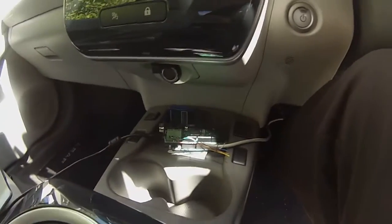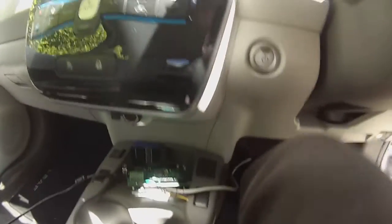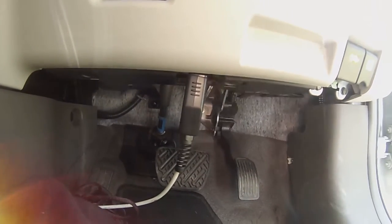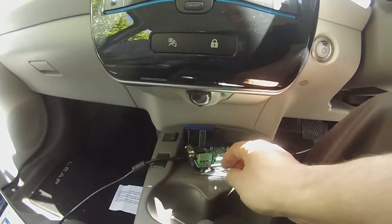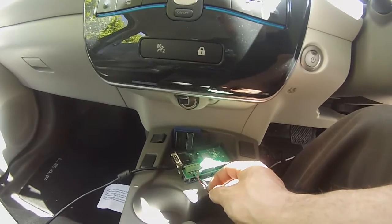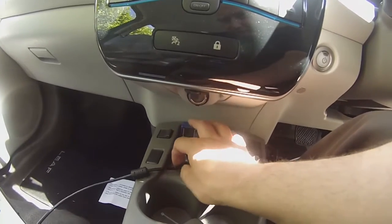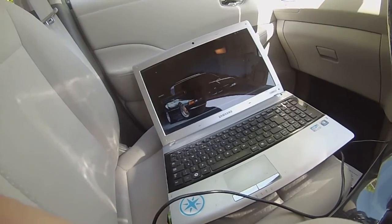Down here we have one of my Lynn Dewey prototype boards, and we have a wire, and down here we are hooked into the Leaf's OBD port, and we are connected to the EV CAN on the same plug, and we're connected in here to our Lynn Dewey board. So I've got it on the CAN one side. I have a USB lead here now going to my trusty laptop. So first thing we want to do